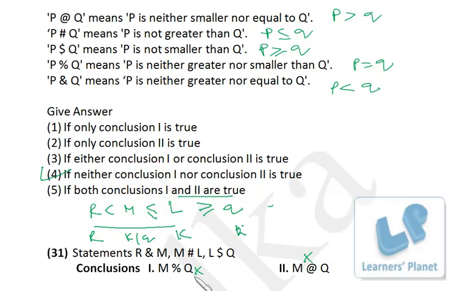You cannot establish it, right? So you might have observed that I didn't even crack this M and Q, and I did not write M percentage Q as M is equal to Q, or M at the rate Q as M greater than Q, because we cannot say this, right? M may be equal to Q, greater than Q, or less than Q. We cannot say, because M is from this sequence and Q is from this sequence, right? We can establish a relationship between LM, LR, LQ, but we cannot establish a relationship between MQ and RQ, right?